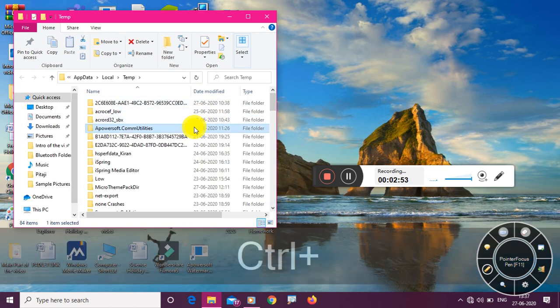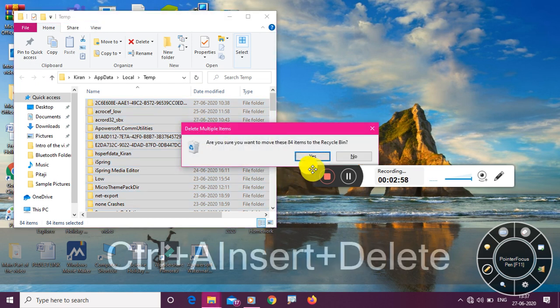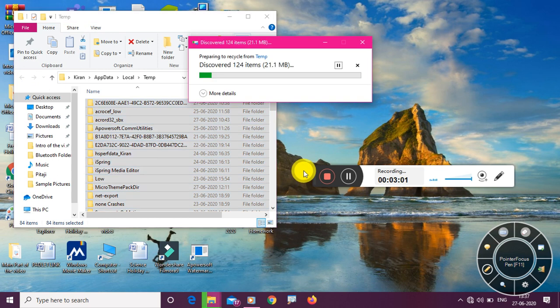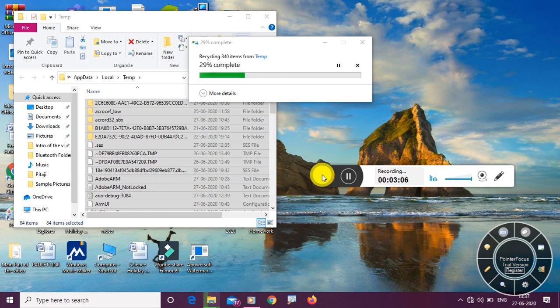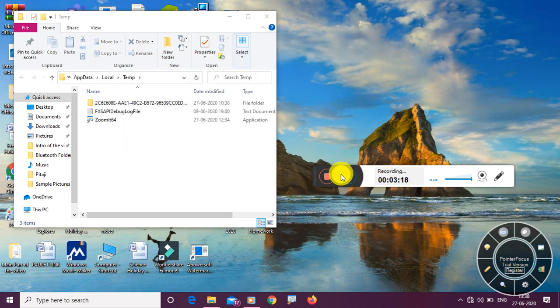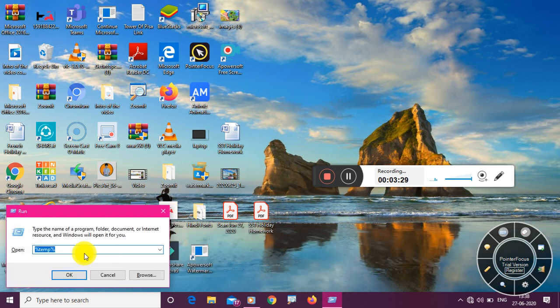You'll again press Ctrl A and delete. So I'll press delete and here you'll click on yes. So the moment we click on yes, our files start deleting. As you can see, our files are deleting. So let it first delete and then we'll move to our next step. So here also some files are deleted and some were left. So you'll click cancel, again press Windows + R, your Run will open, type